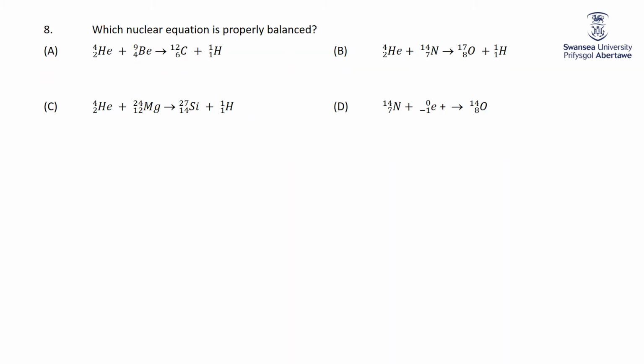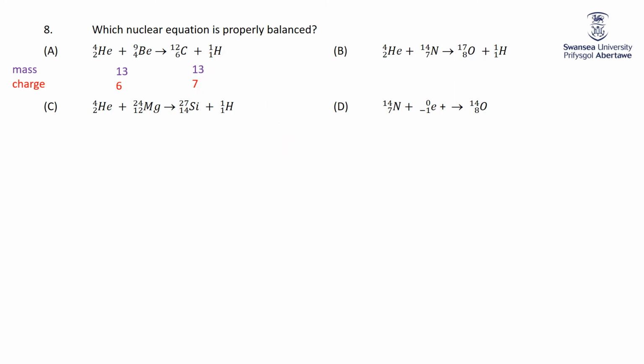Now we're off the A level and into my type questions. Which nuclear equation is properly balanced? Well, you just have to look at the charge and the mass on both sides. When we look at A, we have 4 plus 9, 13 mass. 2 plus 4 is 6 charge. Over here on the right hand side we have 13, of course, for the mass. That's still fine, but we have a charge of 7. This shouldn't actually be a proton, it should be a neutron. If you have a neutron there, then your charge becomes 6, but silly person put in proton, so